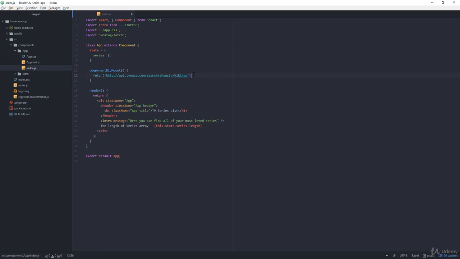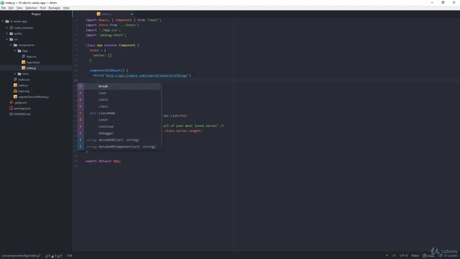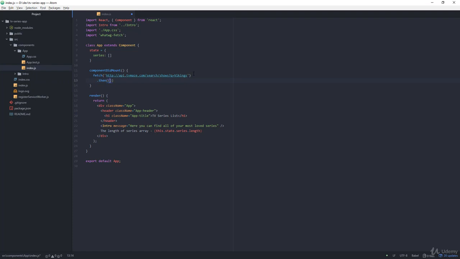And fetch returns a promise, so obviously we need to resolve it. In order to do that, we'll need to chain in the then method, which takes a function as its first argument. And inside this function, we will have access to the response object. So for now, let's just console log the response object